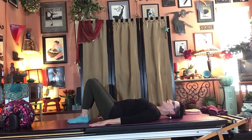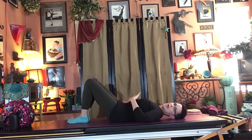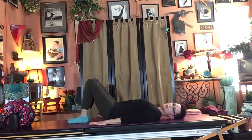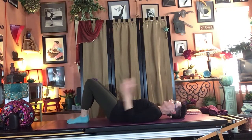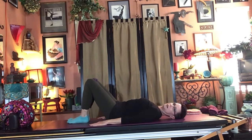All right, from there your feet are just an inch or two apart, parallel, and then we're going to do our pelvic tilts. Hollow the low belly to scoop as you curl the tailbone and flatten your back waist and roll it to neutral. And scoop and curl, elongate back to neutral. As you elongate back to neutral, scoop and curl, you're thinking of your pubic bone stretching